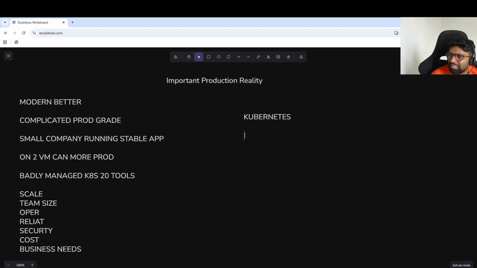Kubernetes is not the starting point for every company, and it should not be. Our job as engineers is not to use the maximum number of tools. Our job is to solve business problems with the simplest system that meets requirements.